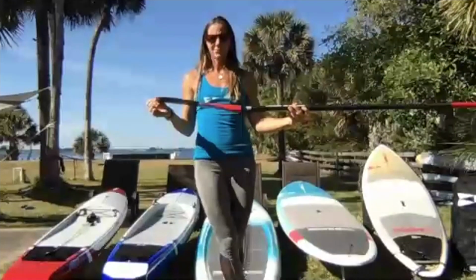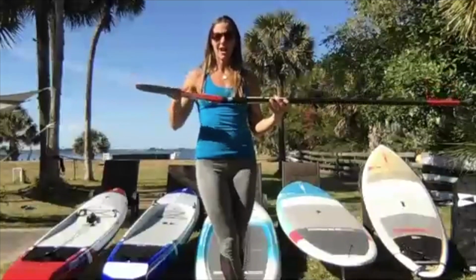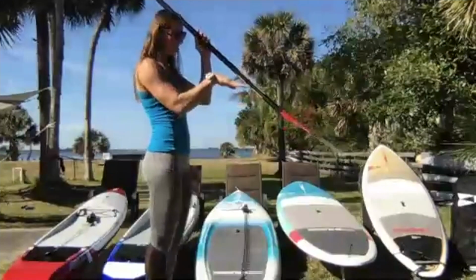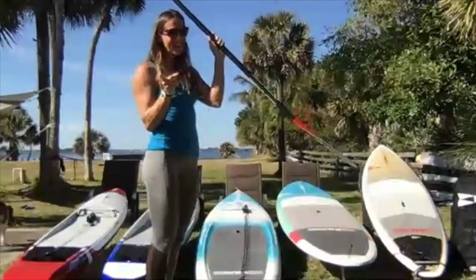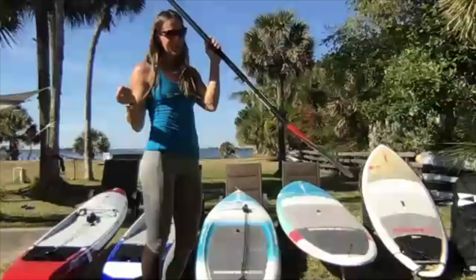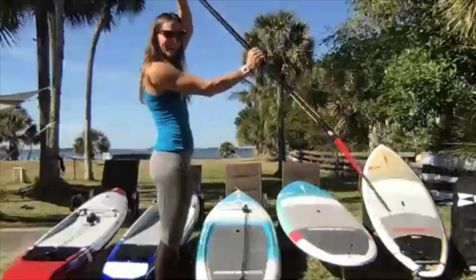because the blade always has an angle, right? So here's a level shaft. The blade is going at this angle. When we hold a paddle, that angle is always going to be facing away from us. And funny story, I know you're probably like, Seychelle, I know this, but maybe there's some of you watching that don't know this. Even me, the first time that I grabbed a paddle, started to paddle this way